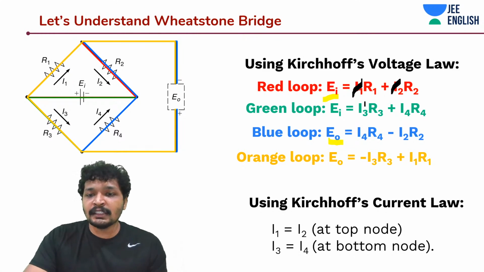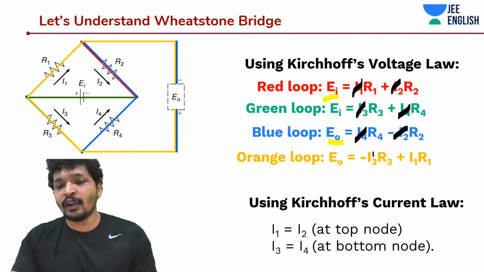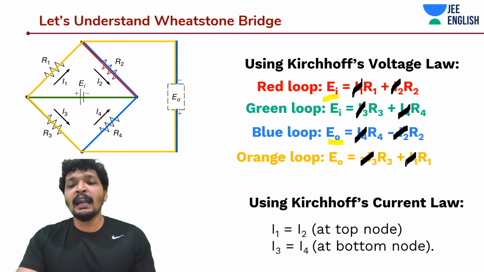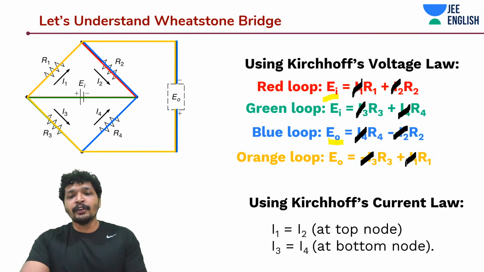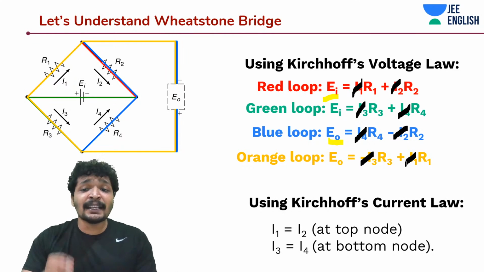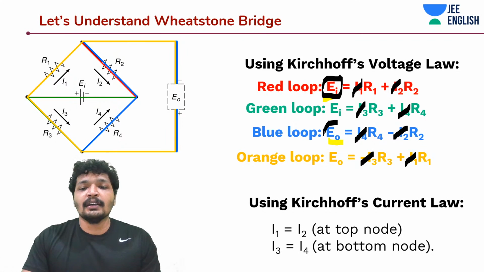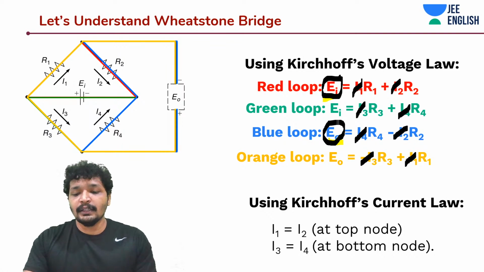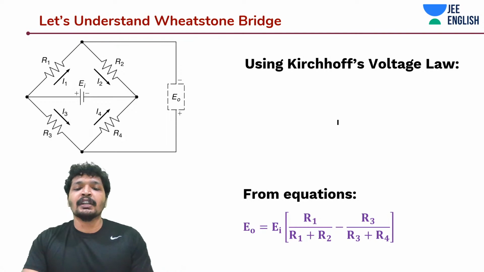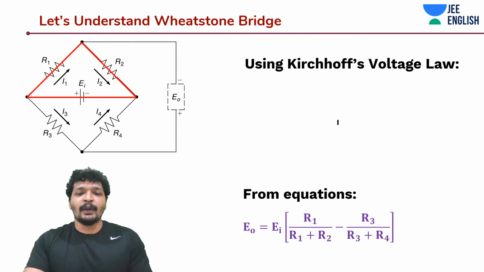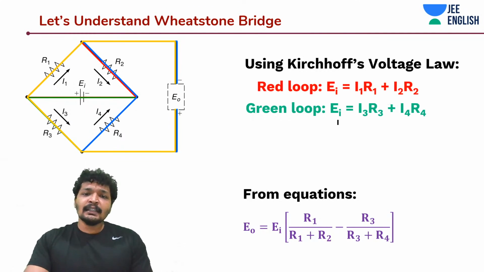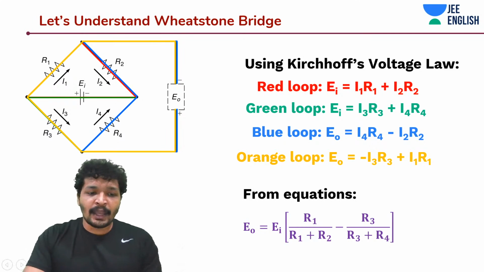If I eliminate all of these values, I have 4 equations, and I know also that I1 is equal to I2 and I3 is equal to I4, which I can substitute to eliminate I1, I2, I3, I4 using these 4 equations and express EI or E naught in terms of each other. We are basically going to express E naught in terms of EI. We'll understand why. Now that being said, we can use these loop equations to express everything, that is E naught